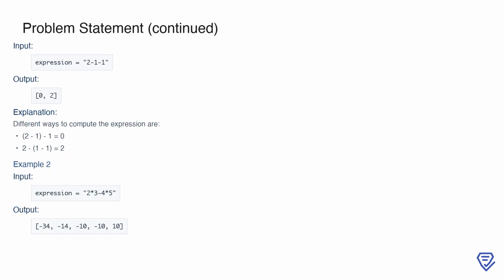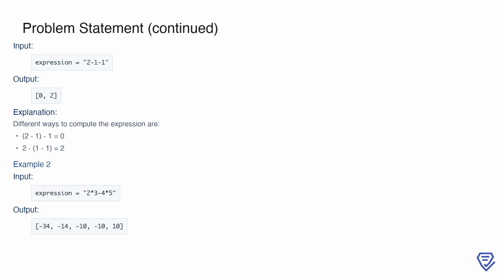To understand this better, let's look at an example. If the input expression is 2-1-1, we can evaluate it in two different ways. First, grouping the first two numbers together as (2-1)-1 gives us a result of 0. Alternatively, grouping the last two numbers together as 2-(1-1) gives us a result of 2. Therefore, the output for this input is 0, 2. Now consider a more complex example,